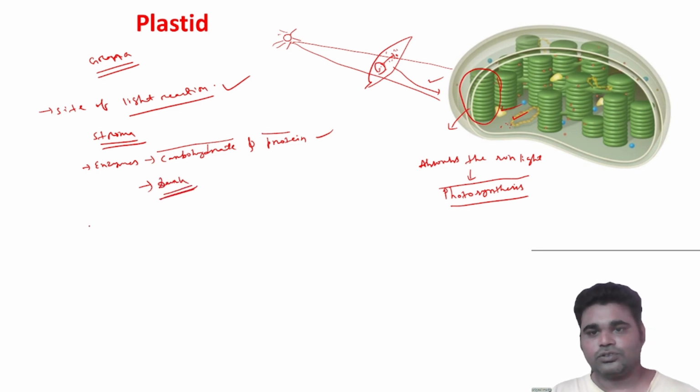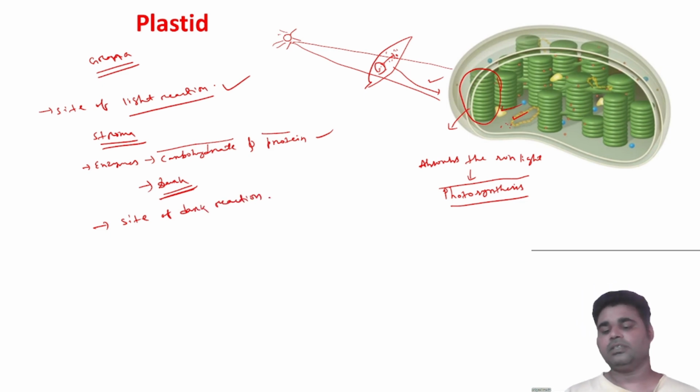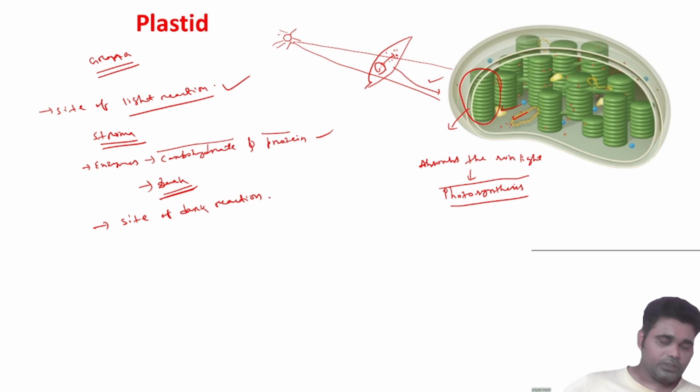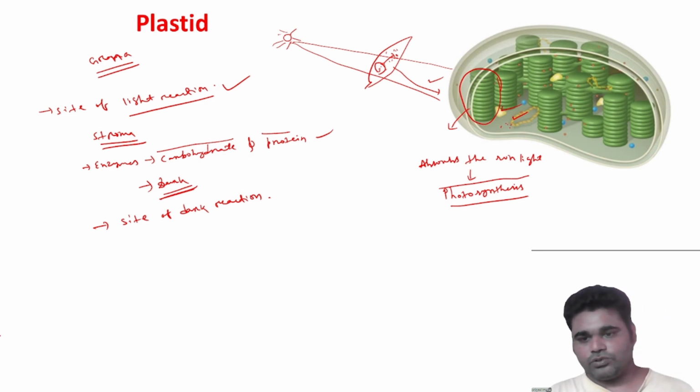So that's why the stroma is also called the site of dark reaction. The site of the light reaction is the grana part, and the stroma, the liquid part, is called the site of dark reaction. So this is all about the chloroplast. So now come to